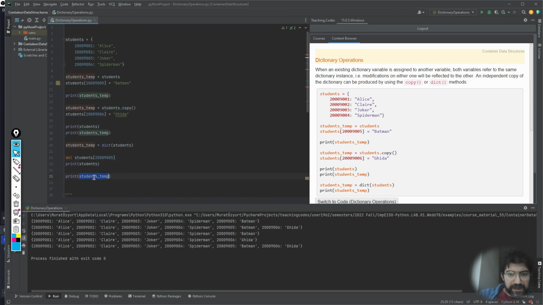dictionary, but students temp is not affected by that because it was a copy of the original students dictionary. So this is the student dictionary containing Alice, Claire, Joker, Spider-Man, Batman, and it also contains Gida. And let's just print it out here